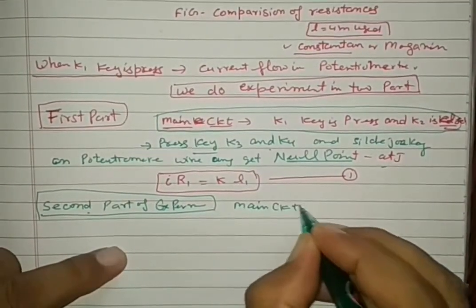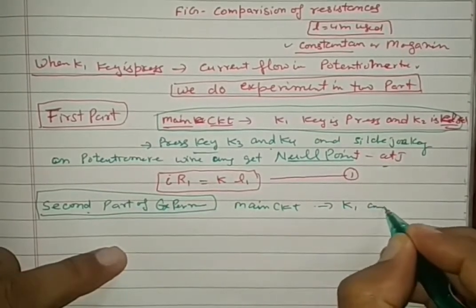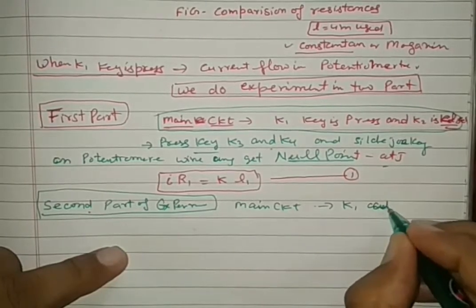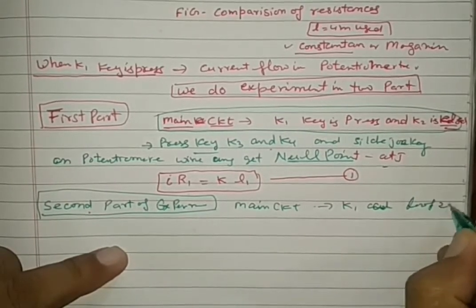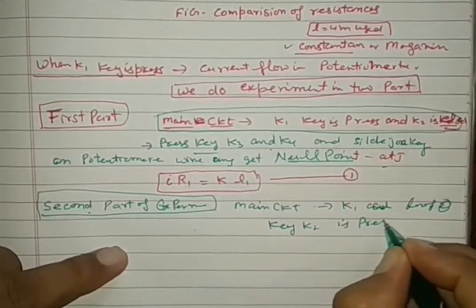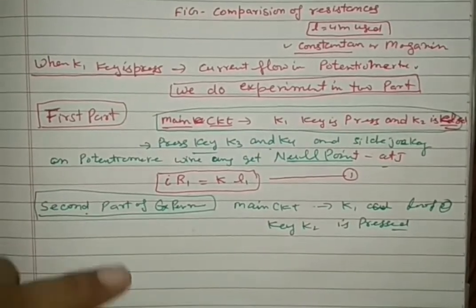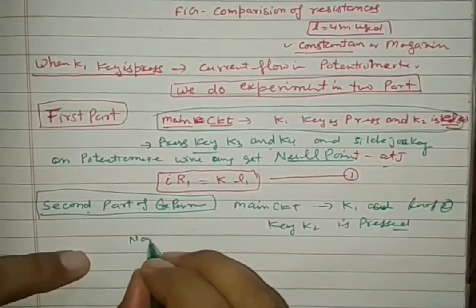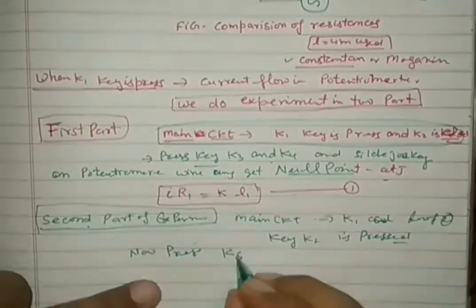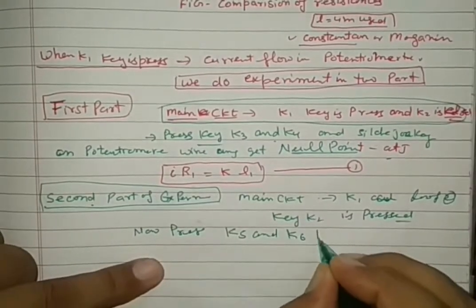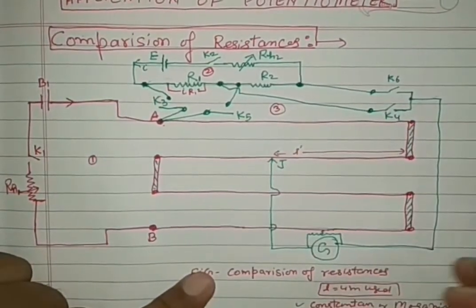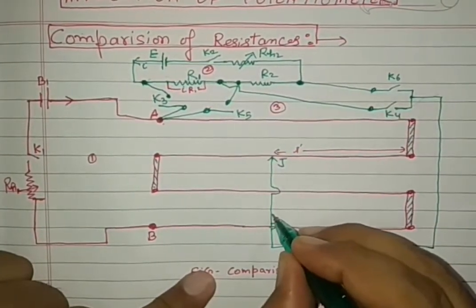Once more, in the main circuit the K1 key is on, and in loop 2 the key K2 is pressed. Pressed means on. Now press the K5 and K6 keys. See here, press K5 and K6, and once more obtain